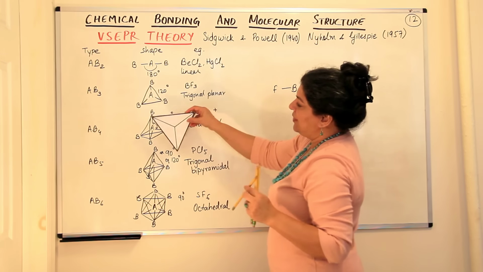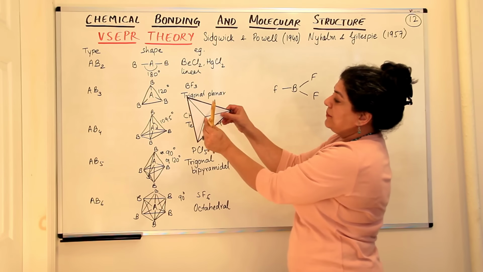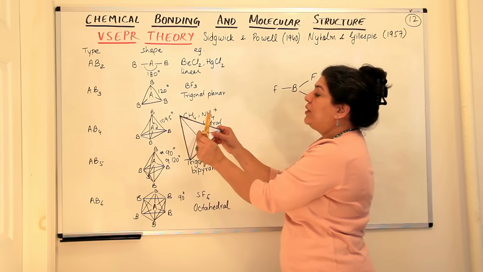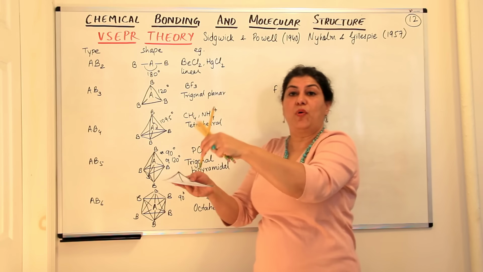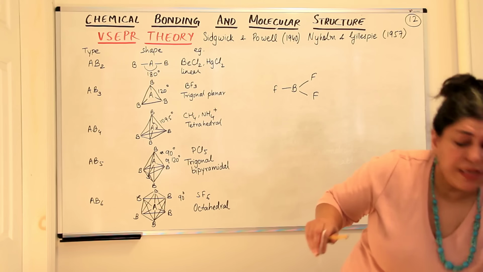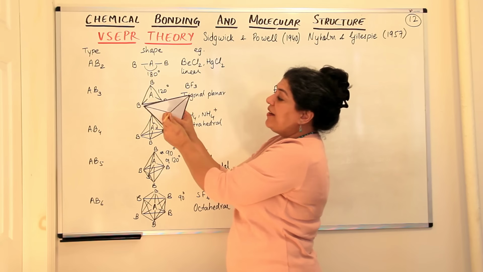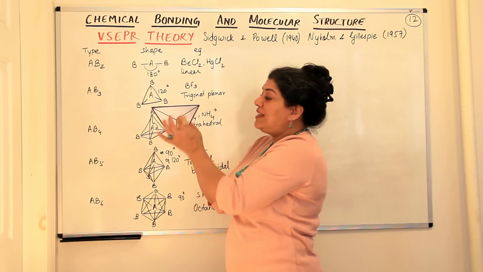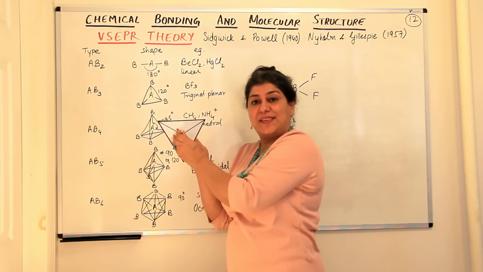Yeah, the triangular planar, and one bond is coming out of it like this. But what happens when one bond comes out of it here? These 3 bonds in the base, and there is one bond here. This one bond should repel, which is at 90 degrees, and these 3 are at 120 degrees. So this one bond should repel those at 90 degrees, because by valence shell electron pair repulsion theory, all the pairs